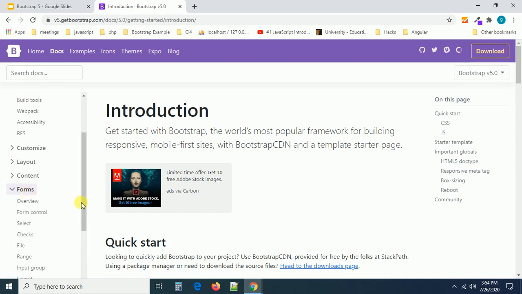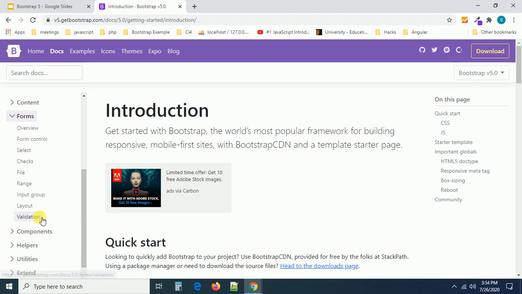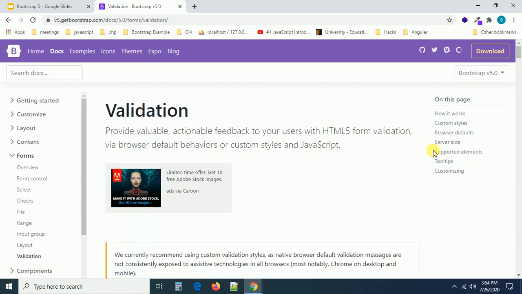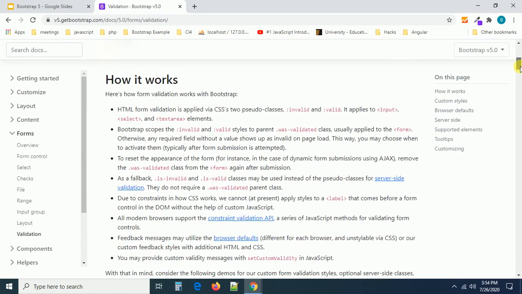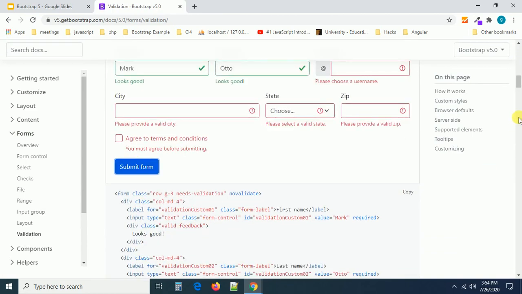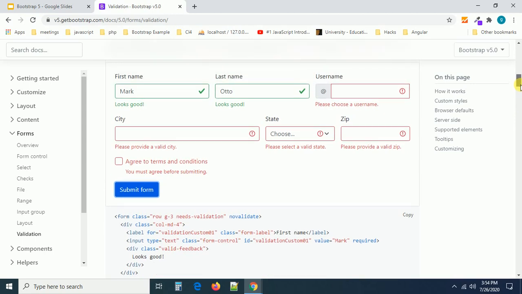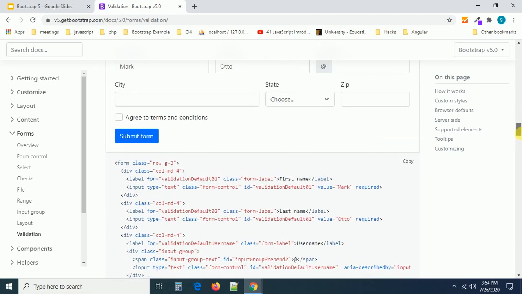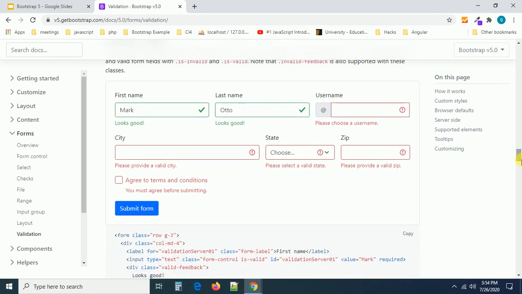Especially in these forms, there is a concept called validation. Can you see, they provided very good, neat validations, guys, with icons. Can you see some of the validations? I'm submitting the form. If you submit, can you see how the validations are working? With some kind of icons, a right mark, an exclamation mark, error messages, and a lot of rules and regulations they defined in these validation rules. Especially, we have a very good library for forms in Bootstrap 5 to validate it. So we have to know about those libraries, how to work with them, and a lot of classes.